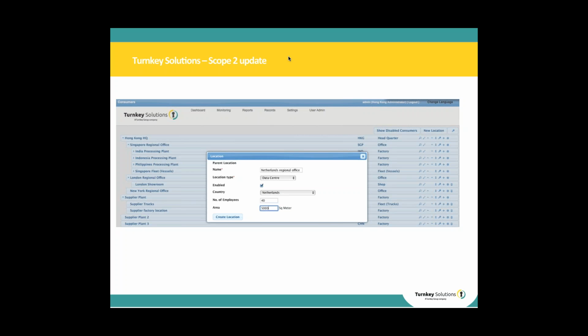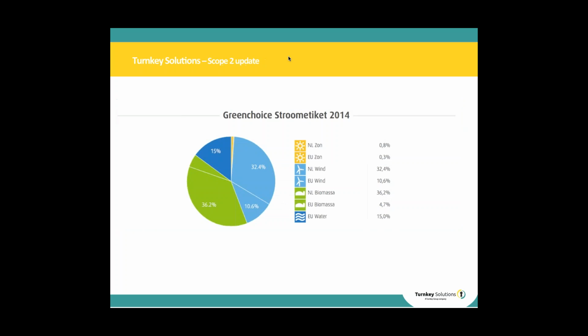So adding this information to it, you would also have information in there on your contracts that you might have with a different provider. Again, as Joe also mentioned, it might be very relevant for some of your operations. For others, for example, where we are headquartered, Hong Kong, we just don't have that option to choose. Then you would just have to go with the regional emission factor that you would have on Hong Kong Island, for example. Anyway, in the Netherlands you have, so I choose to work with an example of Green Choice, which